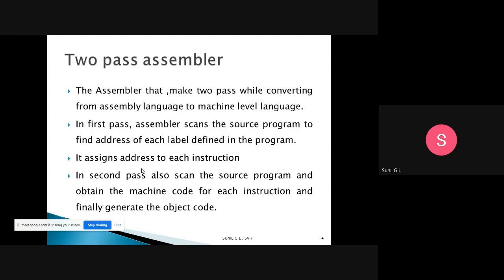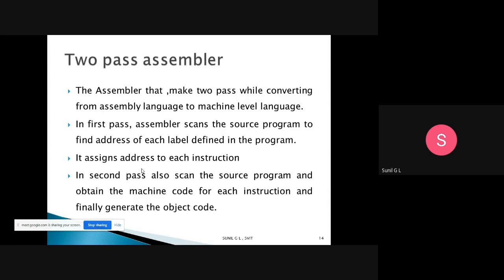For each instruction, it obtains the machine code. We may have n number of instructions, for which we get the machine code, and finally it generates the object code. In first pass, it will get the address of labels and instructions; only address it will do in first pass.